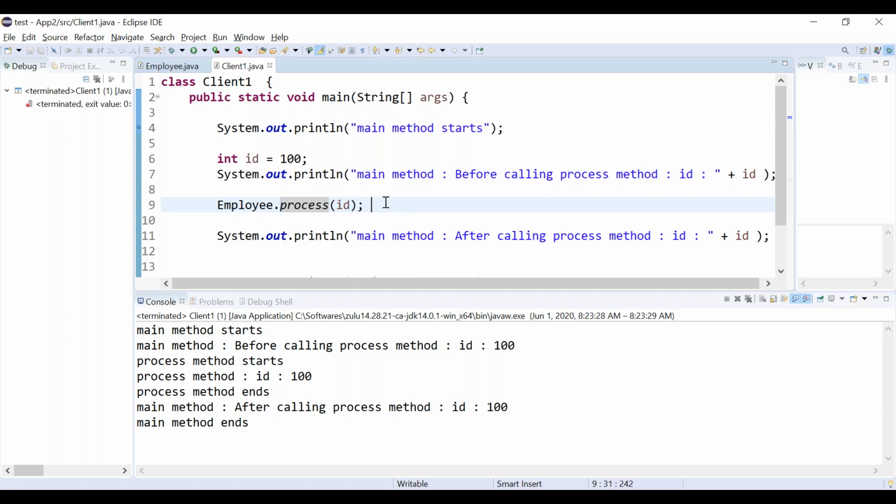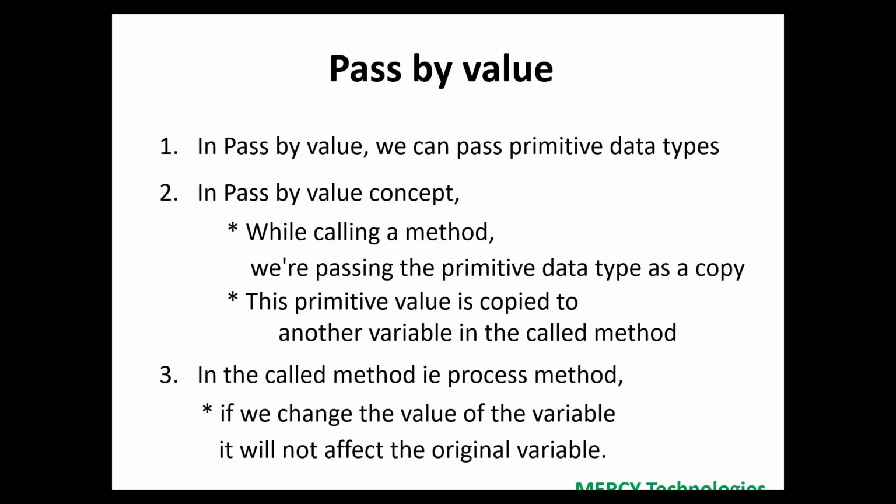So this is very simple. Again, let me go through it. In pass by value, we are passing the primitive data type. So when we are calling a method, it is going as a copy.